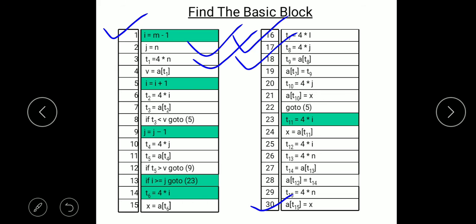We have already seen how to construct basic block in our previous video, so you can refer to that video. I'm directly telling you, that means basic block constructed using this intermediate code statement.